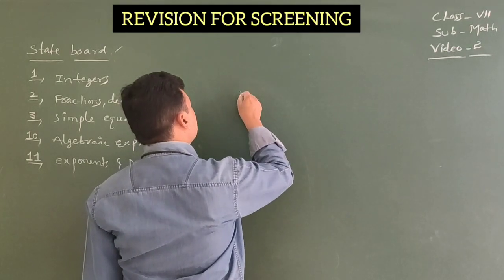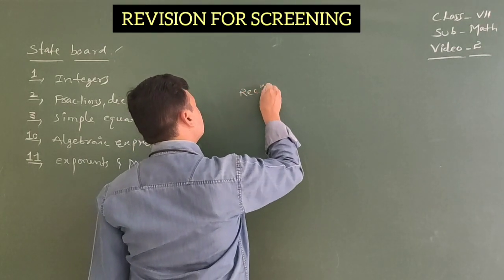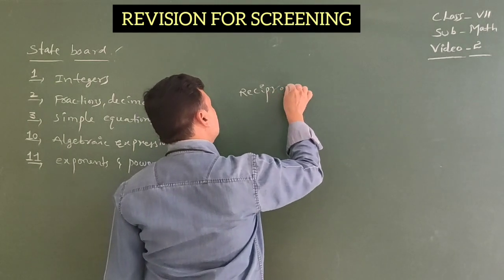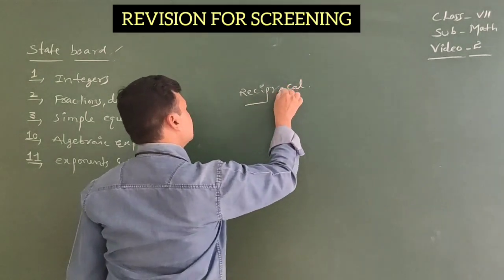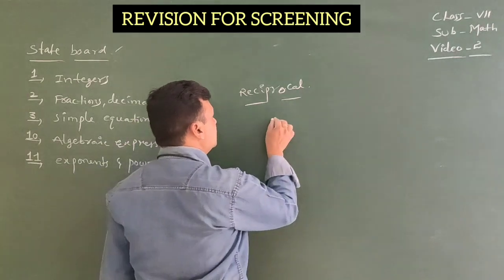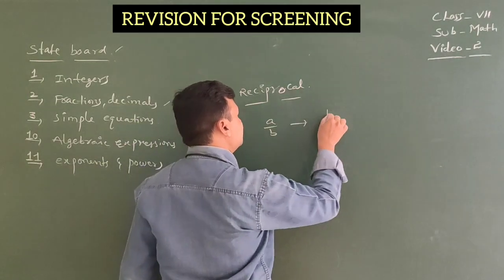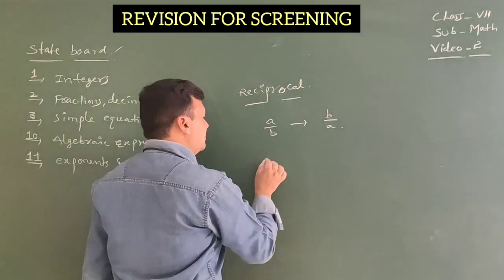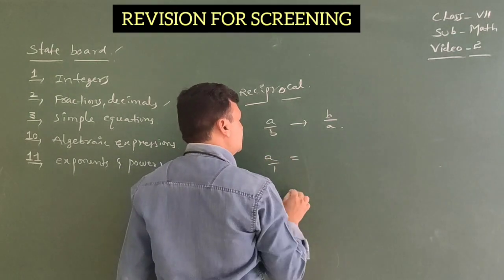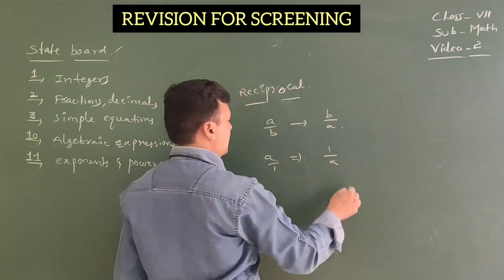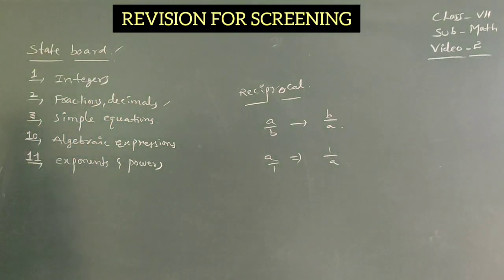Here, first of all, the reciprocal. With the help of the reciprocal, we can divide the given fractions. If A by B is given, its reciprocal is B by A. If simply A is given, its reciprocal is 1 by A, because 1 divided by any number gives the same one. That's why any number given without a denominator, we can write as over 1. Then the reciprocal will reverse it.